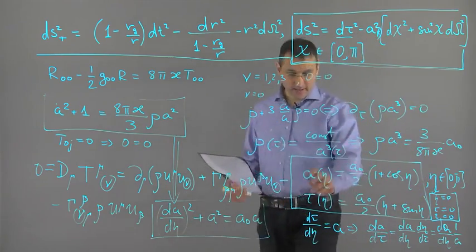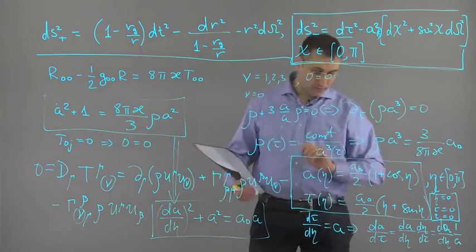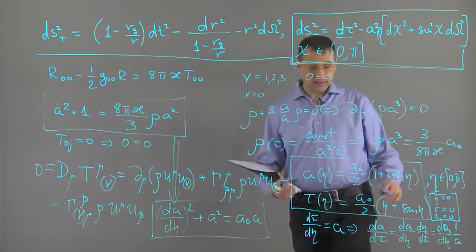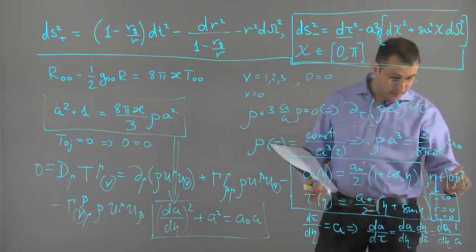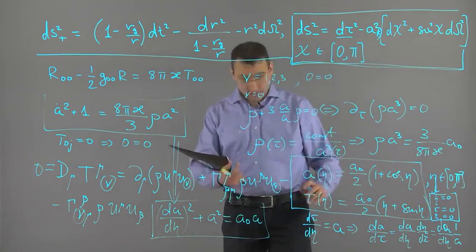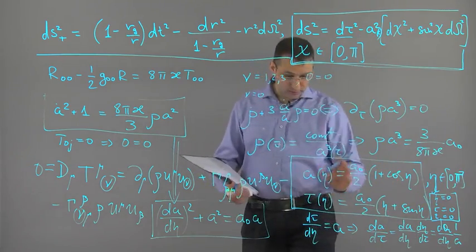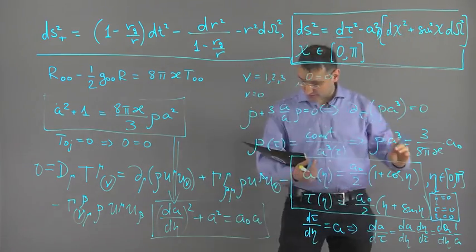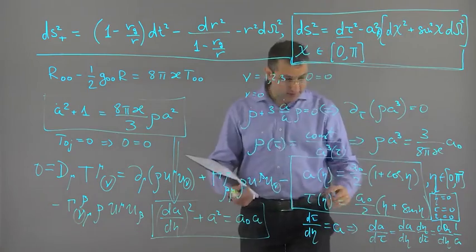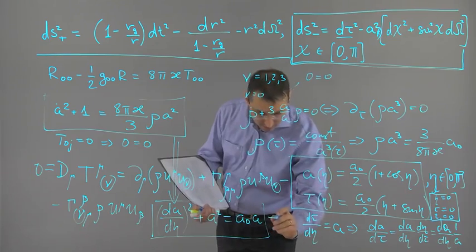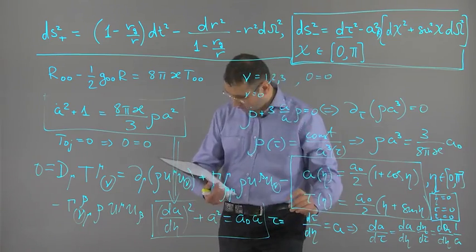At this moment, A of eta is equal to A0, as can be seen from here. But as eta reaches pi, A goes to 0, so the sphere shrinks to the singularity, and this is reached within finite proper time. This tau goes to pi